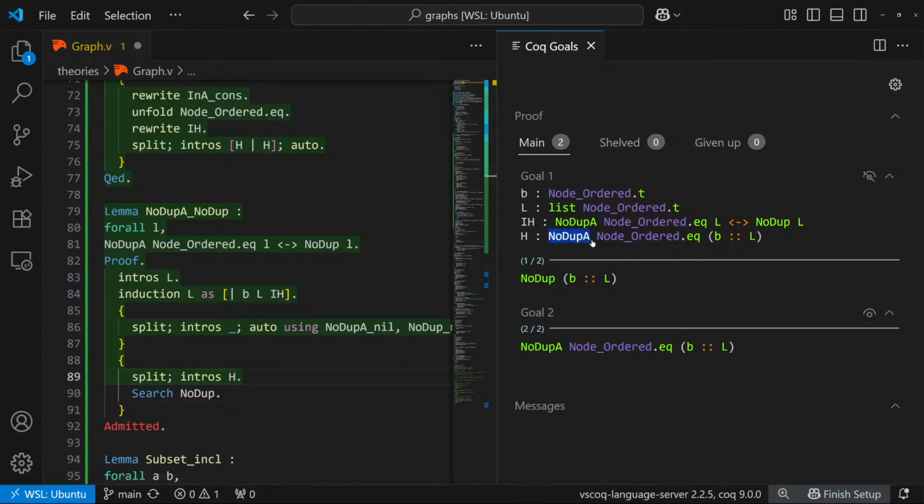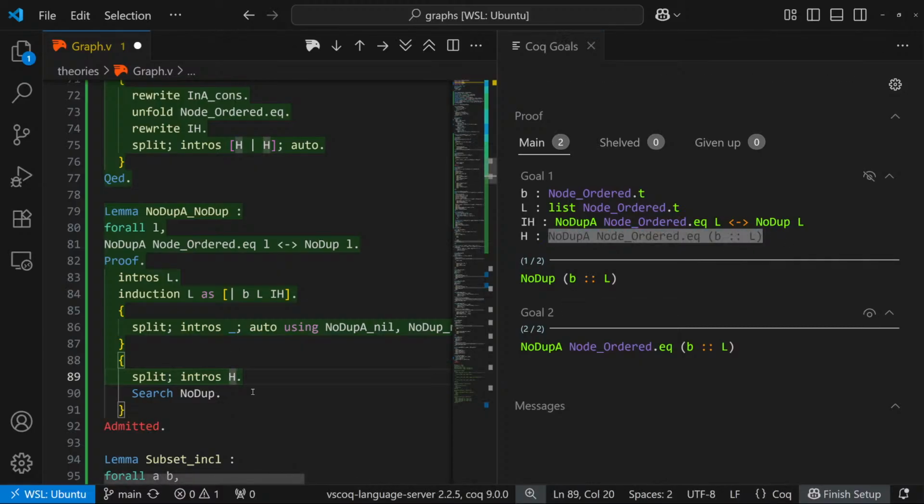And the way that no dupe is constructed, because it's an inductive data type, we can do the inversion of this assumption to get the two components out. So inversion H,